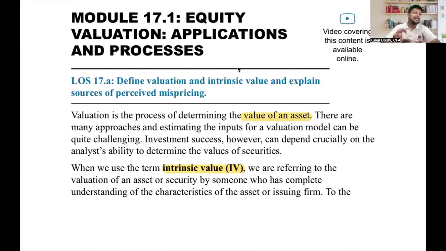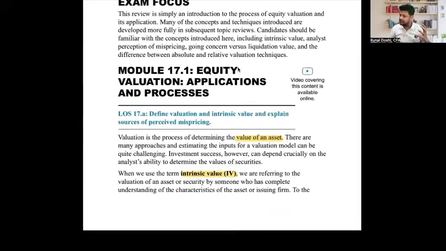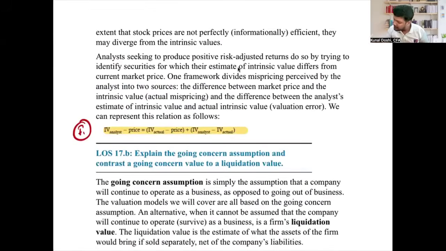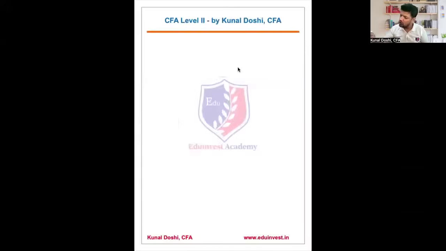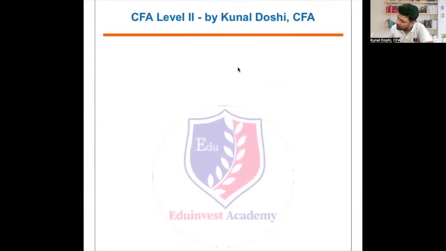But this intrinsic value that the analyst thinks and what the actual price is, the difference between both is called mispricing, isn't it? So what is mispricing? Mispricing is the difference between the price that the analyst thinks, that is the intrinsic value, and the actual market price. This is the first formula that we learn, right? This is the mispricing. So you can write with me simultaneously, what is mispricing? Mispricing,